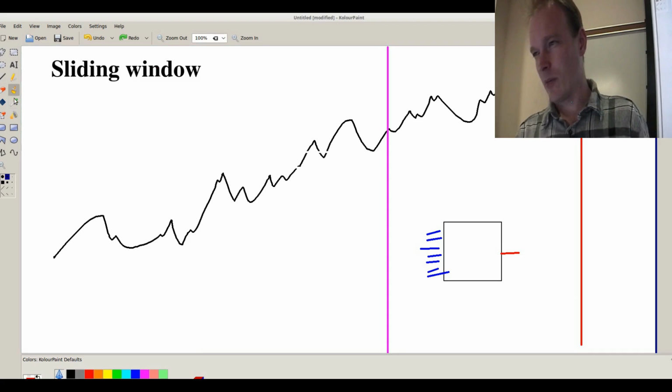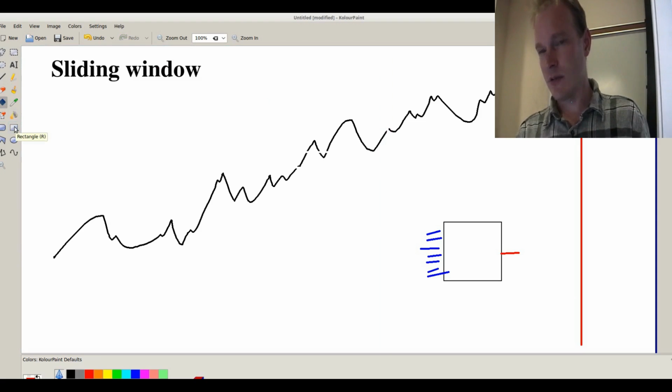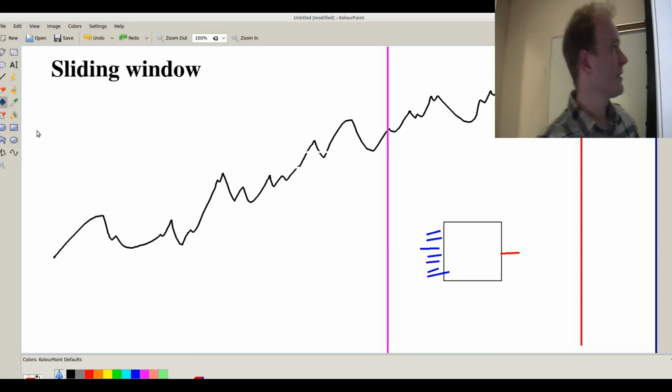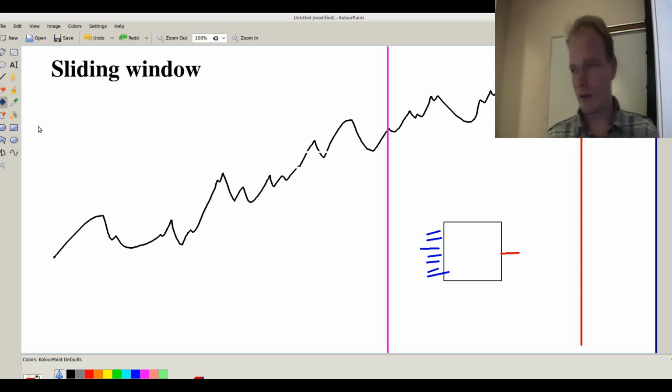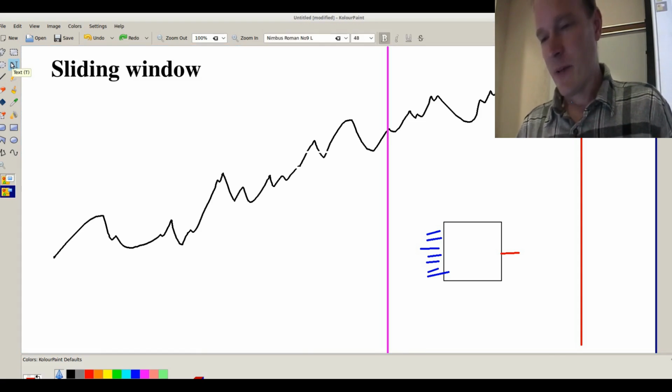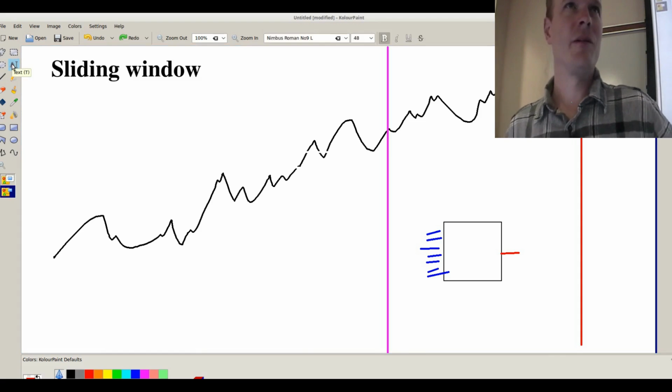Now, here's a problem a lot of people don't think about very often. Imagine you've got this type of data and you train, let's suppose you train on everything before the purple line. Actually, it's a magenta line. And you test on everything after the magenta line. How well do you think it will do? It depends. Well, how good's your model? What does it do?